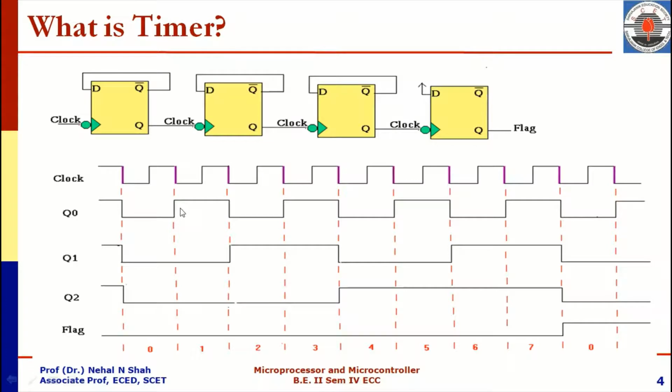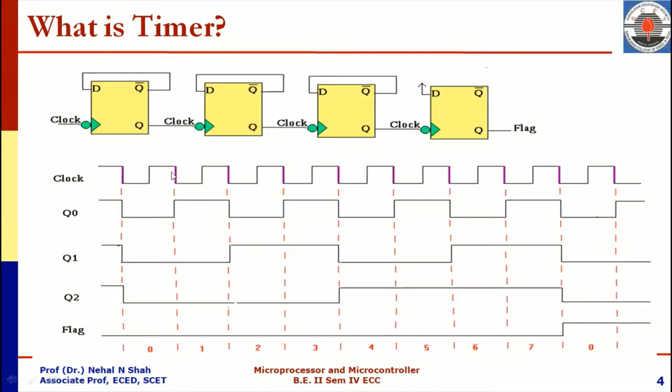Q0 signal is used as clock for the second flip-flop, and you can observe with every negative edge of Q0, Q1 is toggling. You can also observe that if time period of the original clock signal is X, then Q0 has double the time period. So we can say time period of Q0 signal is 2x. Time period for Q1 signal is double that of Q0 and we can consider it as 4x.